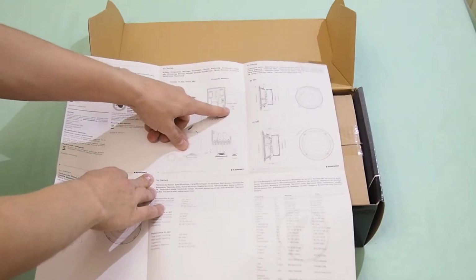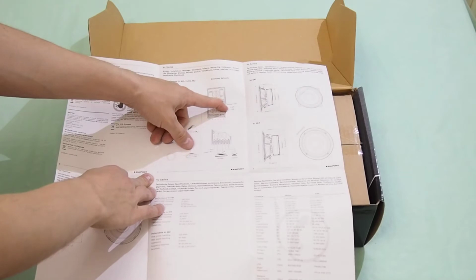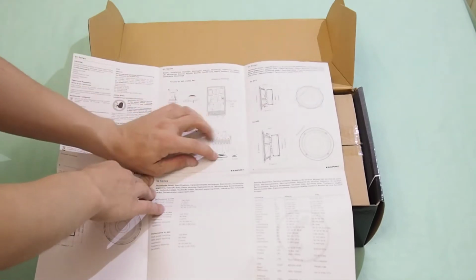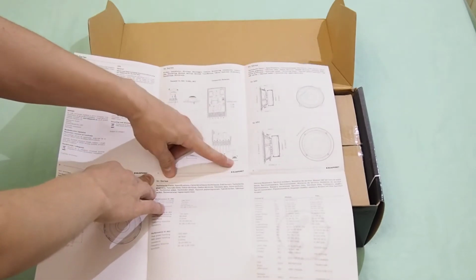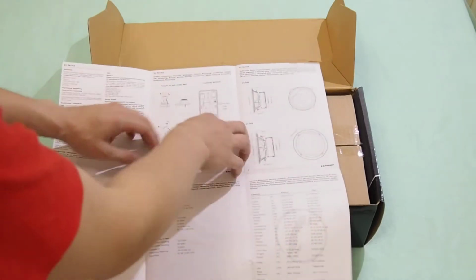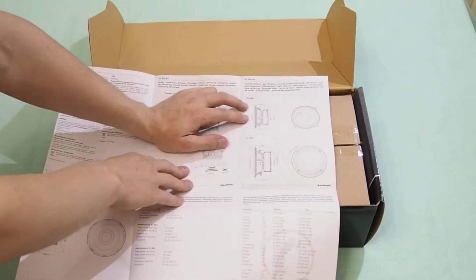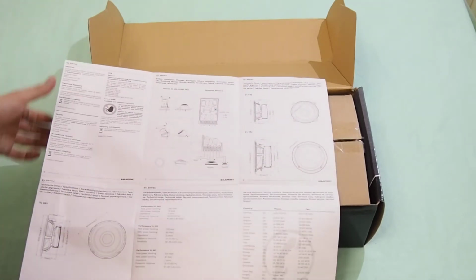Also we have regulation of tweeter level. It's about 0 decibel and -3. The -3 gives us information that the tweeter is a very loud speaker and we can rotate it out of the direction of the man who hears it. There are also some dimensions that will help us to mount this speaker. Okay,